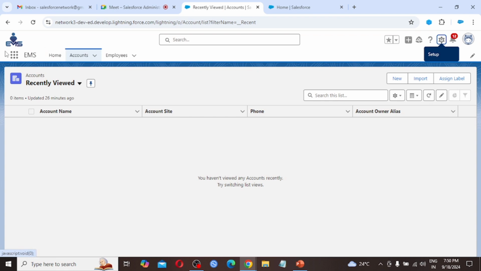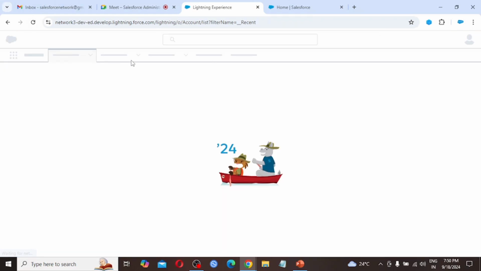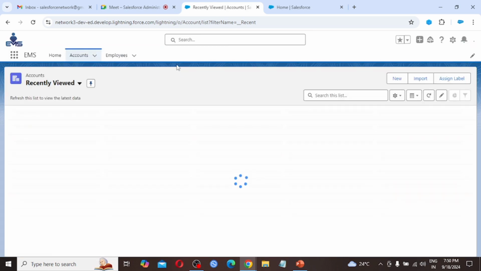So coming back to our application, when we are creating the objects with schema builder, one small problem we are getting: we are not able to find the objects in our application until and unless we add them in our tab bar. So if I am refreshing this application, we are not finding the custom objects we had created.